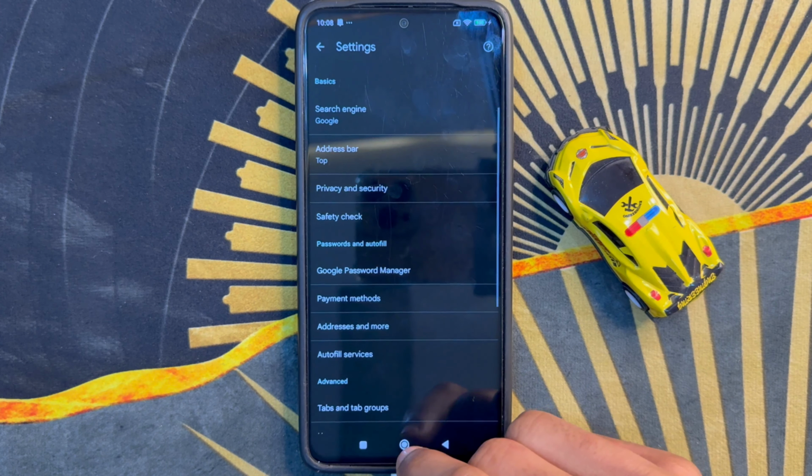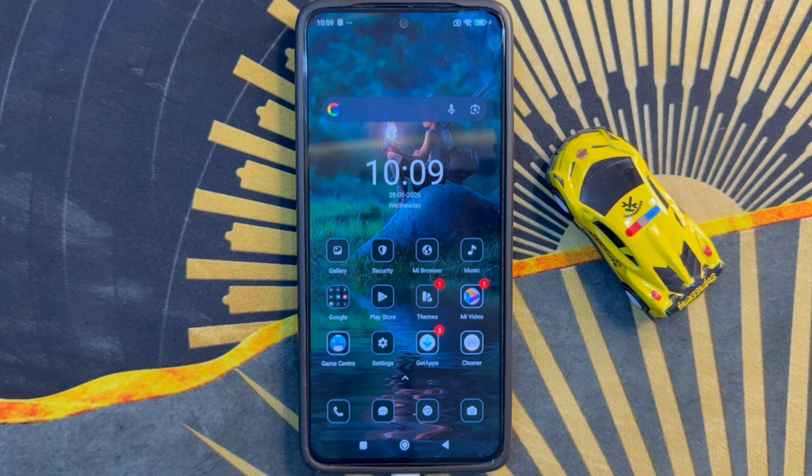After the process, go back to home screen. So that's how you can manage Google